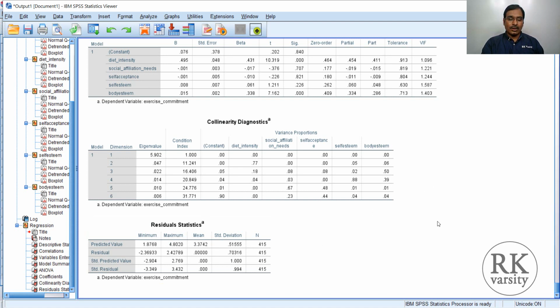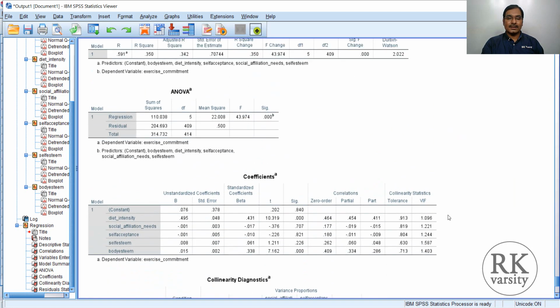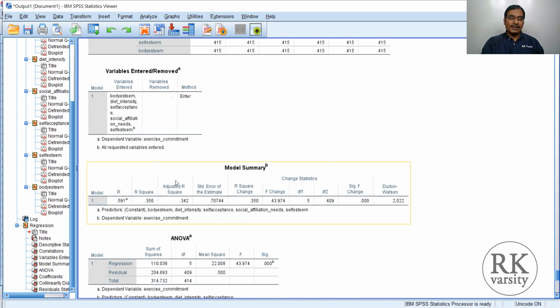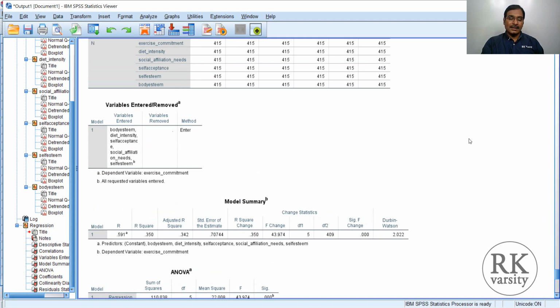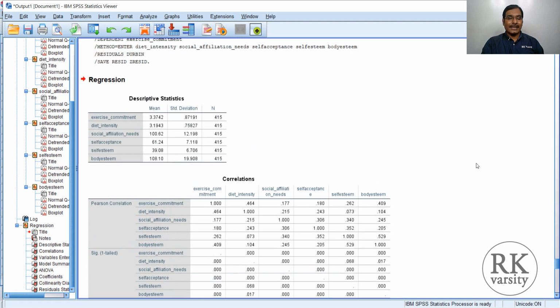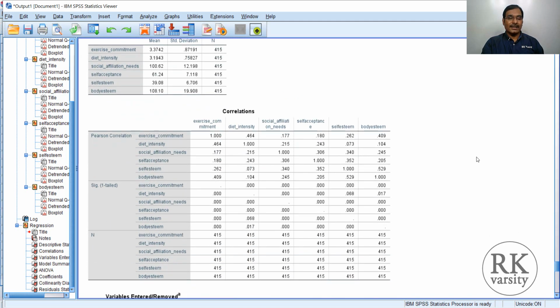Now based on all these analyses, we can confidently say that these predictor variables, that is body esteem, diet intensity, self-acceptance, social affiliation and self-esteem, are significantly influencing the exercise commitment of participants, and the coefficient of determination, that is R square, is 0.35, which indicates that 35% of the variance in the dependent variable, that is exercise commitment, can be explained with the help of these 5 independent variables.